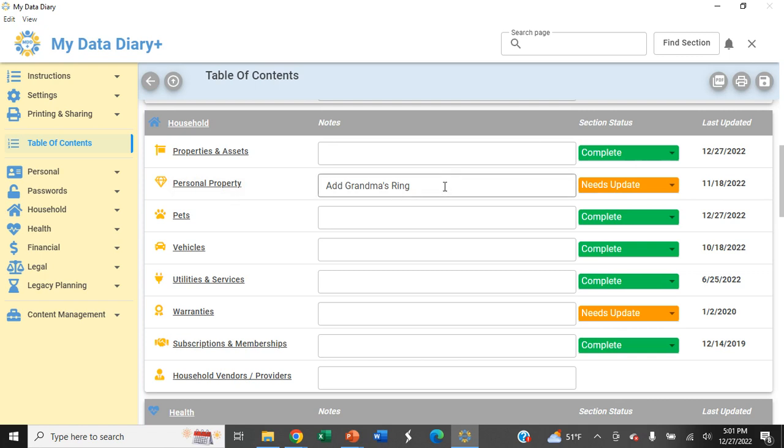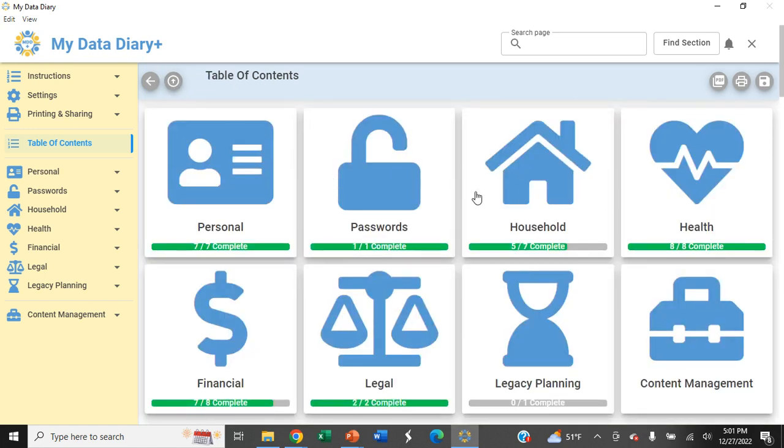to add notes for yourself if there's something you need to be reminded to add, create a status for each section: complete, needs update, or do not need, and importantly, provides you with the last updated date for that page if you or another member of your care companions needs to see just how complete or accurate that information might be. If you scroll to the top, it will take you back to the tile view, and you can see